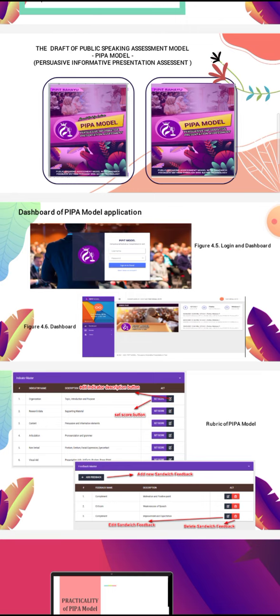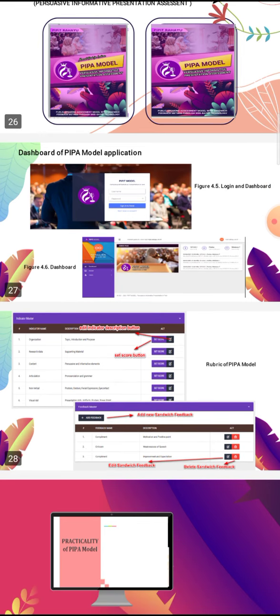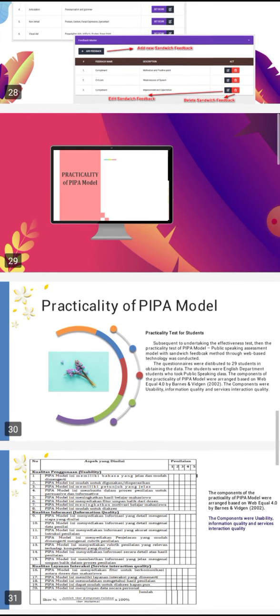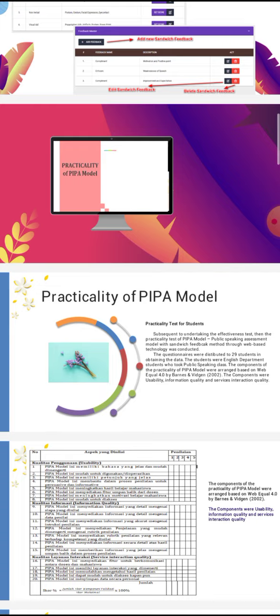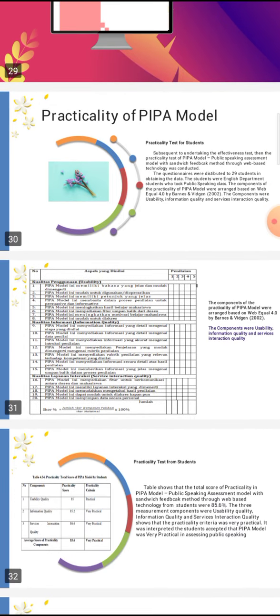The researchers provide a manual book for students in using the PIPA model through web applications, and also a special manual book for lecturers to use the PIPA model application.